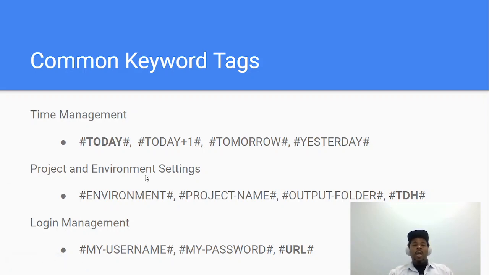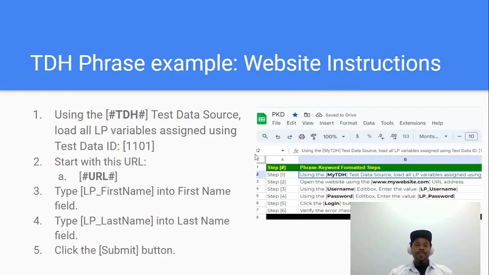Time management is one of them. Project and environment settings is another. And of course, like I just mentioned, login management. All right, now that you have that understanding, we can get into the TDH. This is my favorite part of this presentation